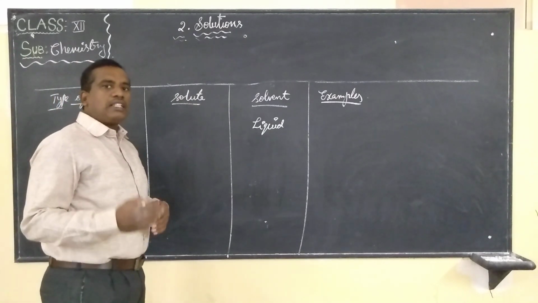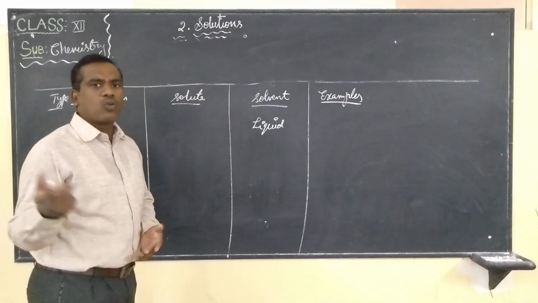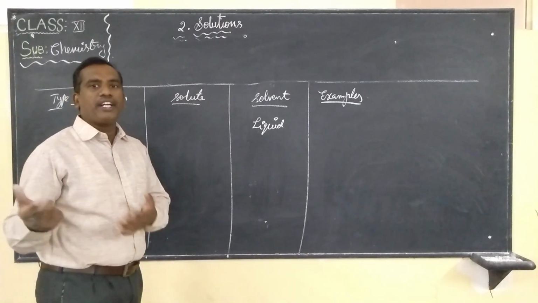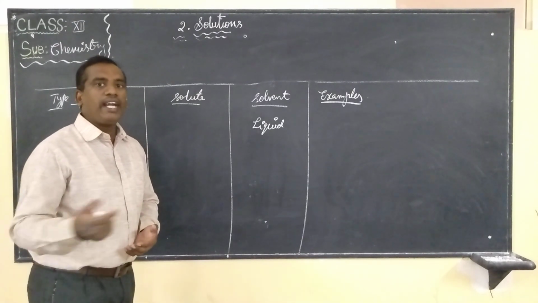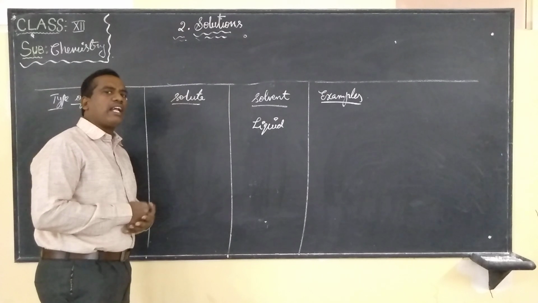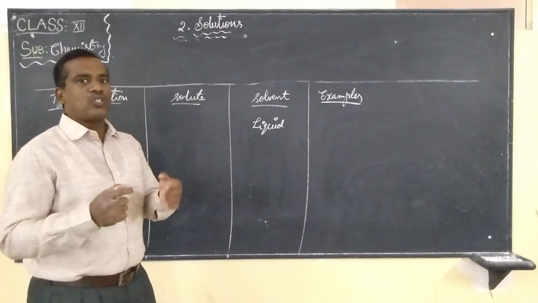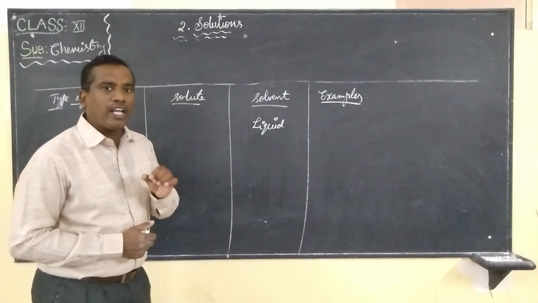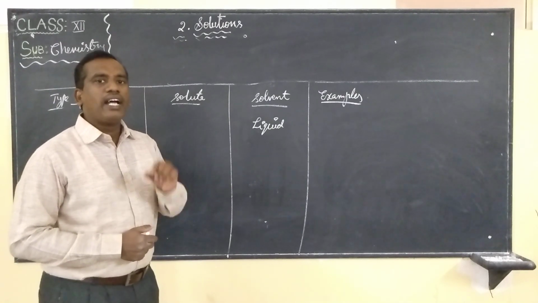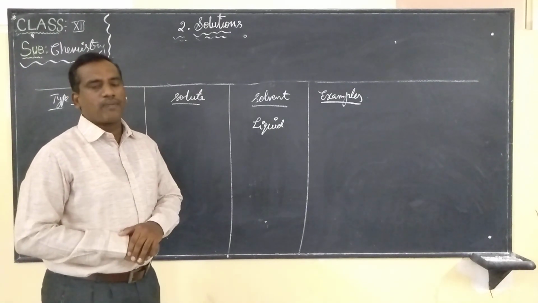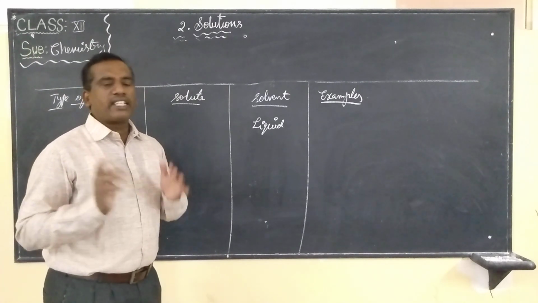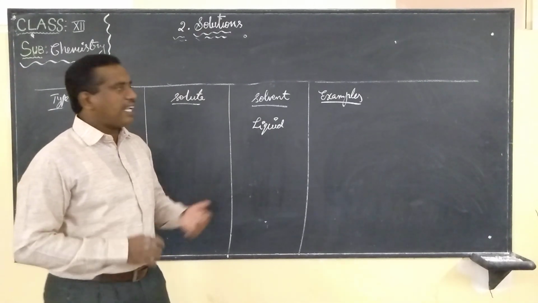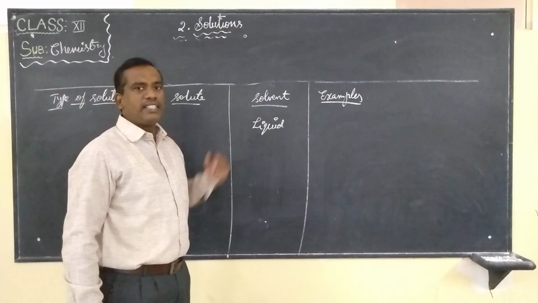We know the soft drinks, Coca-Cola or Sprite or Kinley soda; these are all carbonated water. What is carbonated water? Carbon dioxide gas dissolved in water is called carbonated water. In that, water will be the major constituent, whereas carbon dioxide will be the minor constituent. So shall we say our liquid is the solvent.